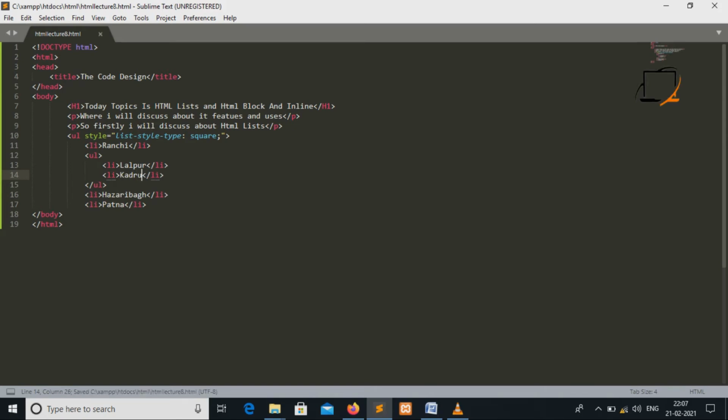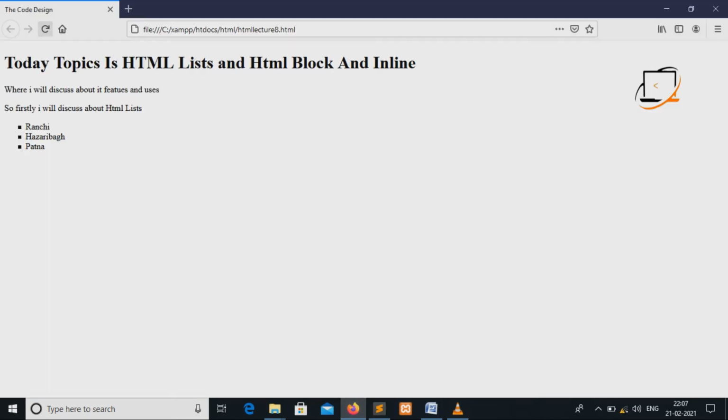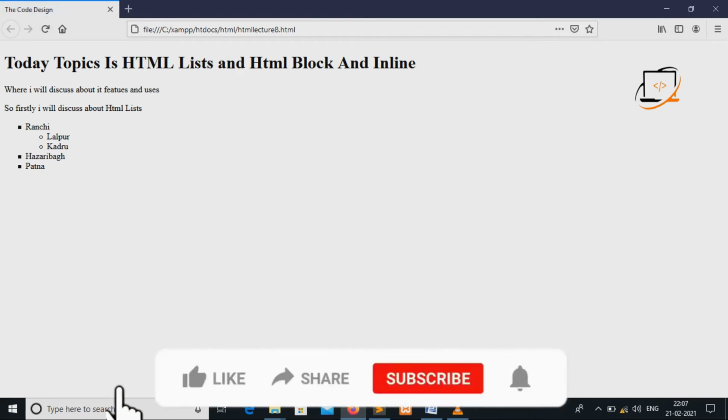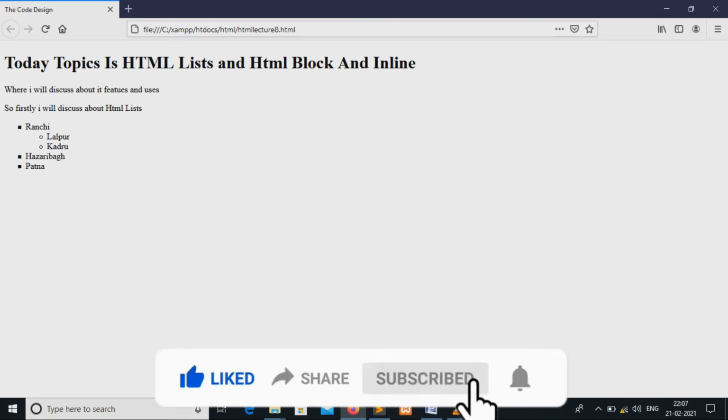Now save this file and check the output. Here the representation of the nested list is shown. Here I am using a nested HTML list in the unordered list.